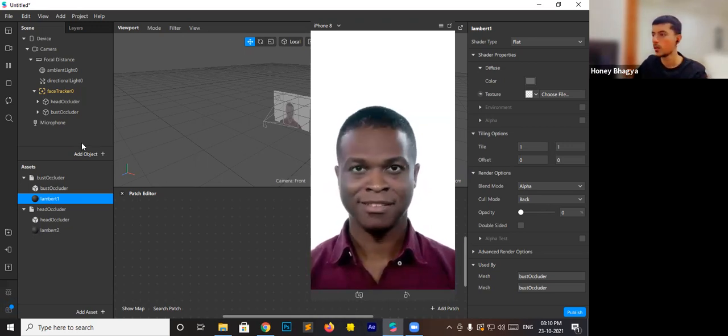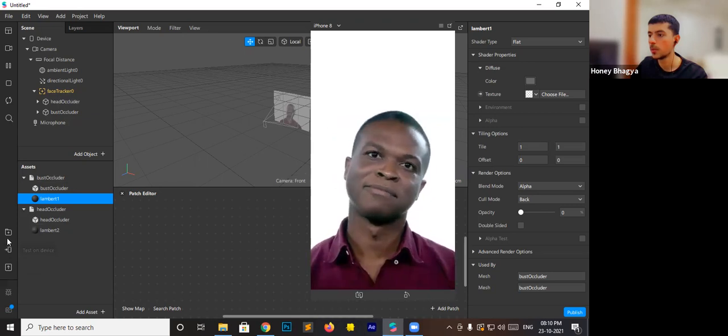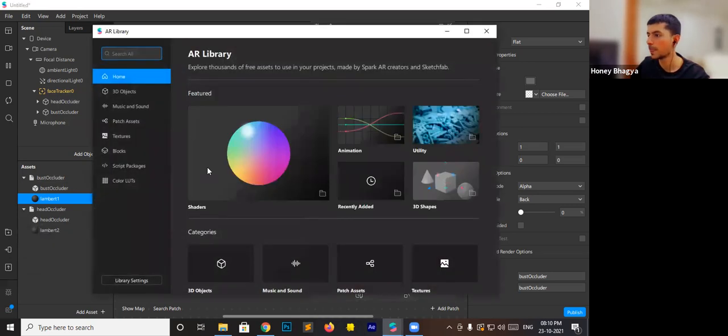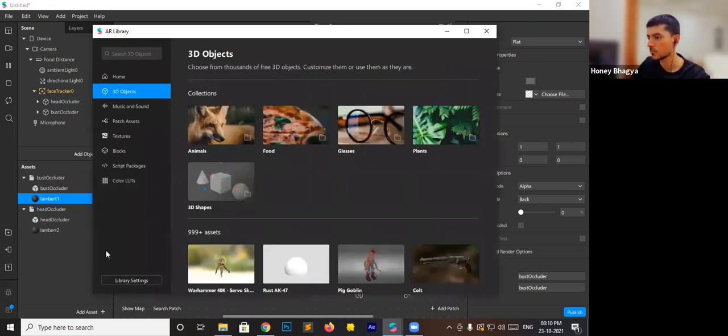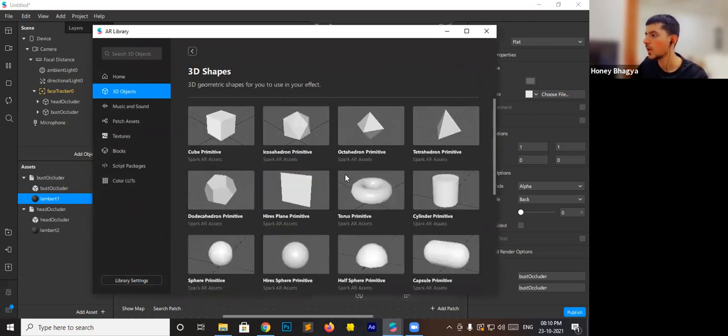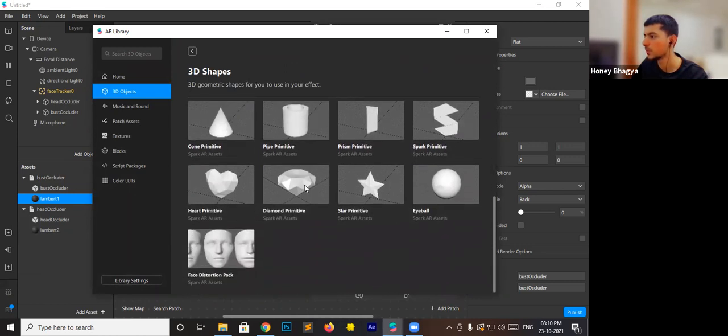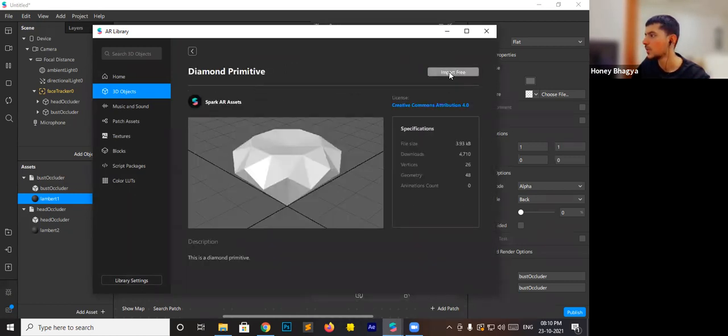Okay. And now we are going to import a 3D asset from the library. Click on the Asset Library and then 3D Objects. We are going to use a simple diamond 3D object and click on Import Free.